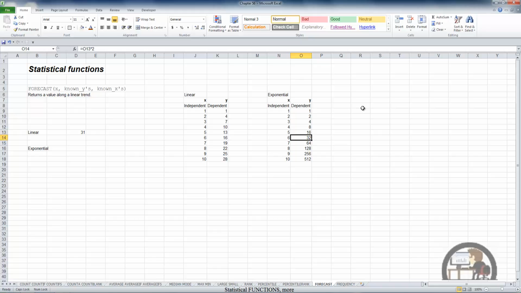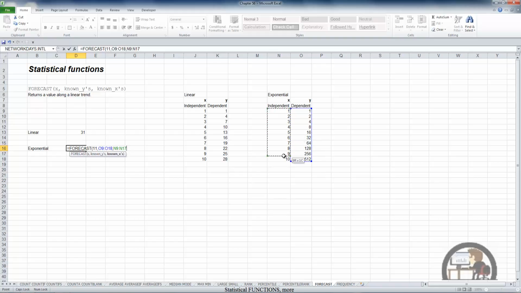But for the fact that the forecast function is a linear function, it would otherwise return a value for the 11th data point of 1,024. But what does it actually do? Equal forecast. The 11th data point, the known y's are here, the known x's are here, entering, I get approximately 342, and